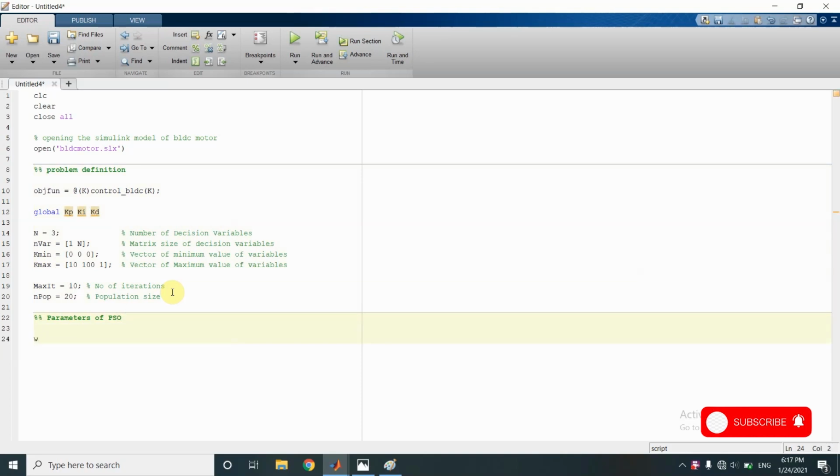We start with the inertia coefficient. W is equal to 1. This is the inertia coefficient. Next is W max.